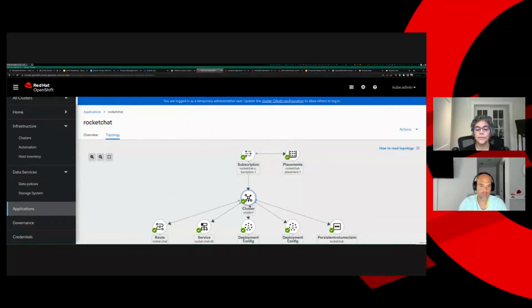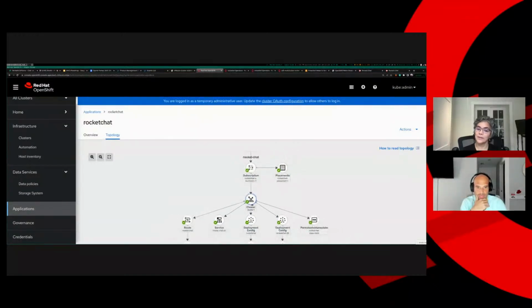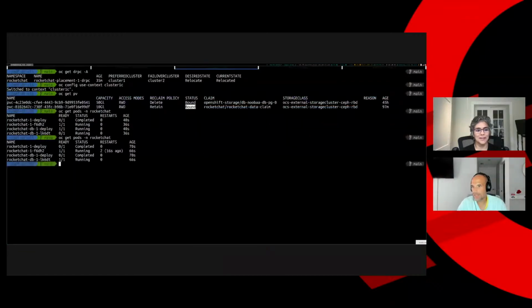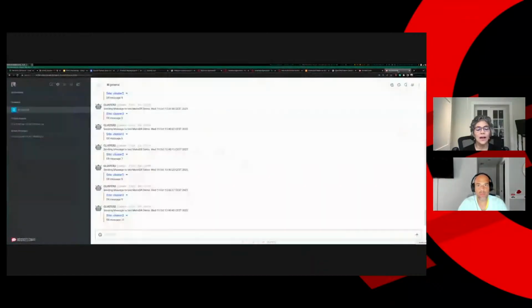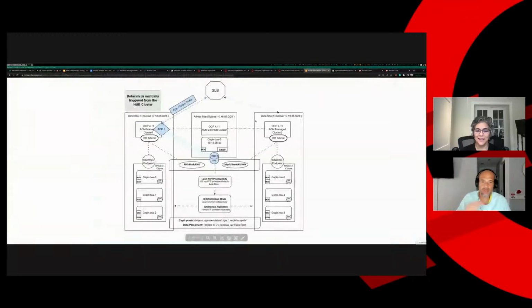So we have been able to move it from cluster 2 to cluster 1, doing the failback. As soon as Rocket Chat finishes what it needs to do, it will be available. Here we have site 2 that is down, because we have moved it. And if we try here, maybe it will take a little bit of time to be up and running. But in any case, that's the idea: to failover, fail back,